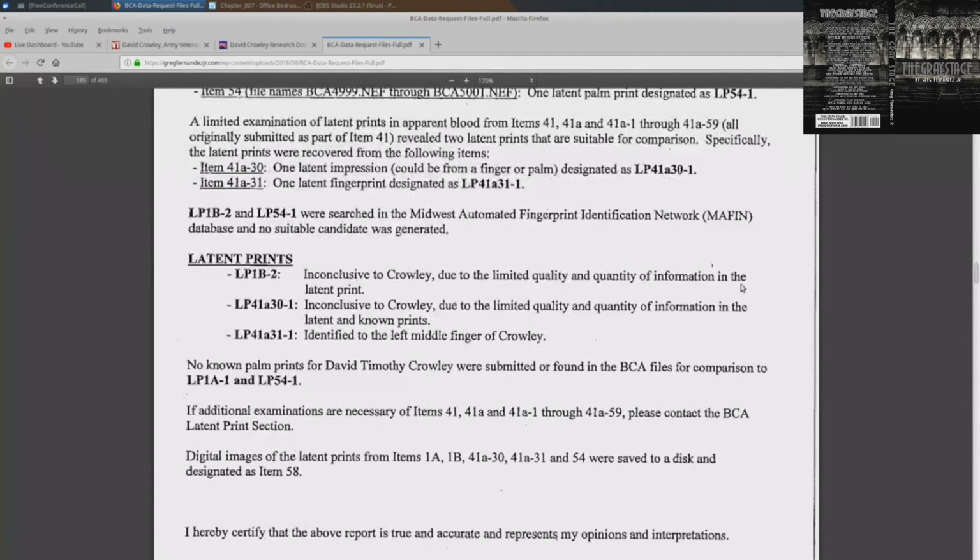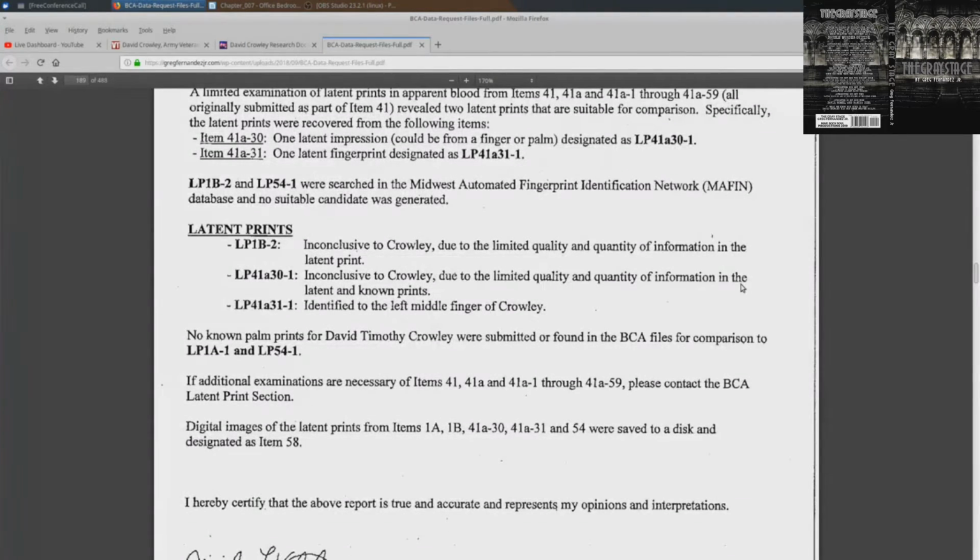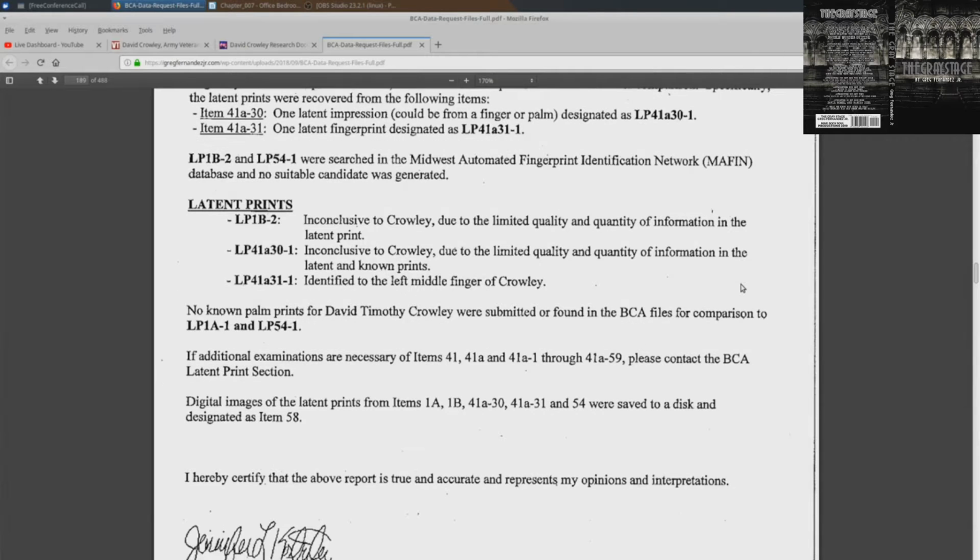And what they found, we skip down here to the results, LP 41A30-1, that would be page 30. It was inconclusive to Crowley due to the limited quality and quantity of information in the latent and known prints. Okay, LP 41A31-1 was identified to the left middle finger of David Crowley.